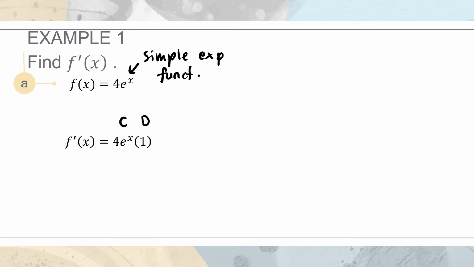So we have there 4e^x multiplied by the derivative of x with respect to x, giving us 1, and the final answer will be f prime x is equal to 4e^x. For the next question, we have f(x) = e^(3x), where here we have constant k